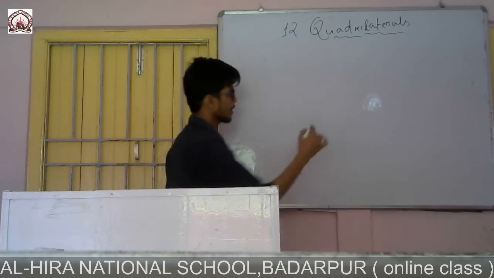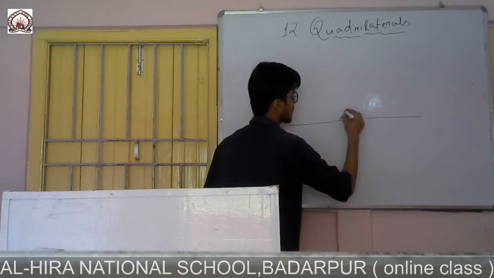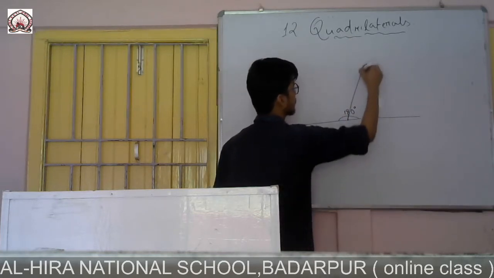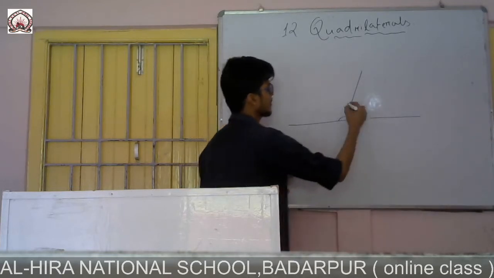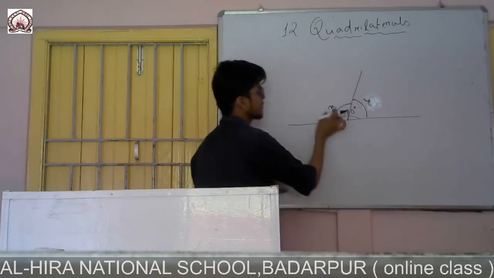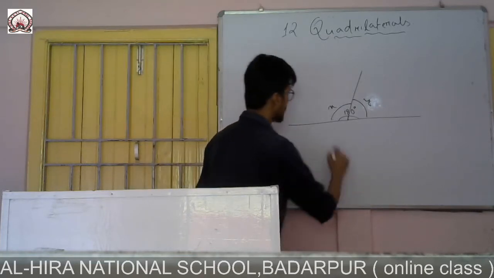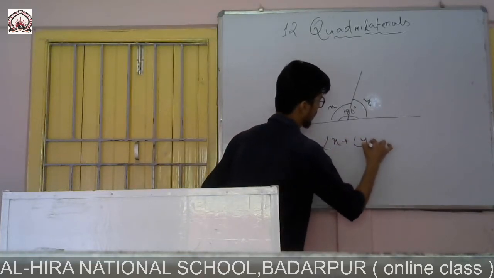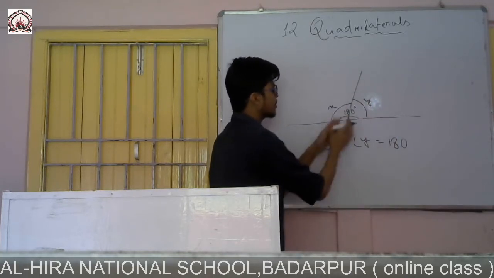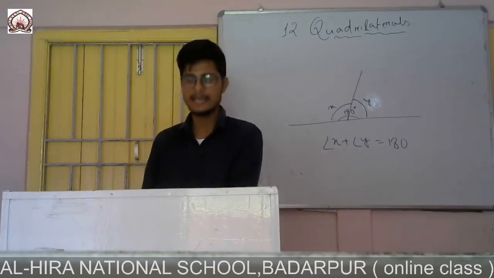And you have learned in your earlier classes that a full straight line is 180 degrees. If I simply bisect this with a line, and name this angle x and this one y, then angles x and y are called linear pairs. Always remember that x plus y will be equal to 180 degrees. These are known as linear pairs.